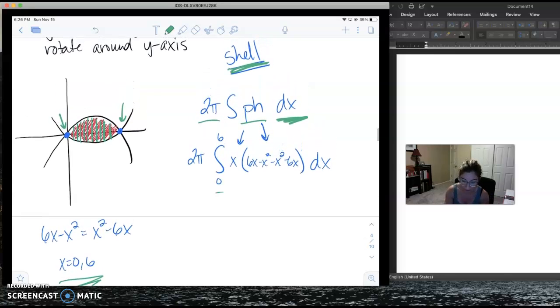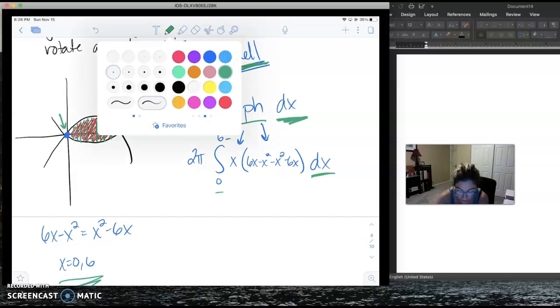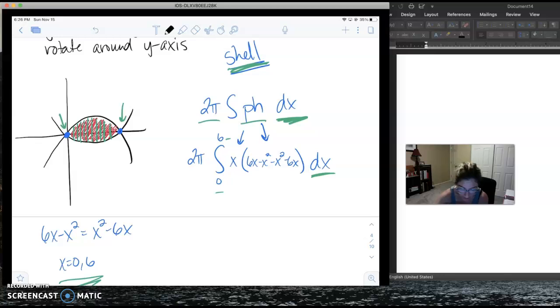So when I have my limits of integration, I know that I'm stacking them along the x. I know that the axis of revolution is parallel to it, and so I know I'm using the shell method. So I've got to do my 2 pi ph. I've got to figure out p. Remember, p is the distance from my axis of revolution to any of those rectangles. Remember, my axis of revolution is the y-axis, so from here to